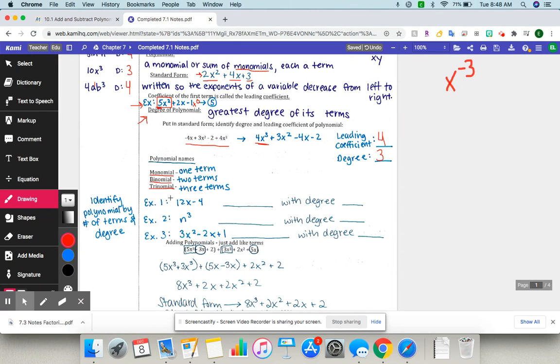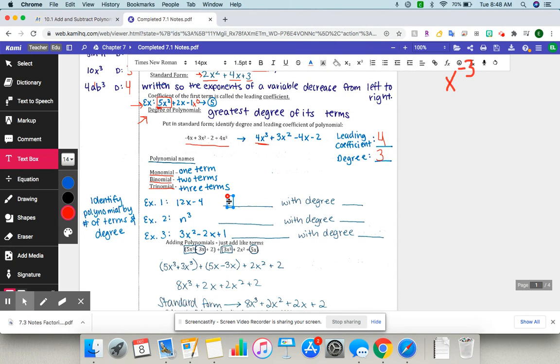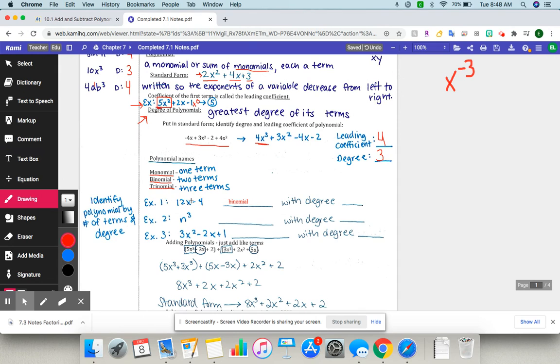So we can identify each of these three examples by the number of terms, so either a monomial, binomial, or trinomial, and its degree. So in example 1, 12x minus 4, notice there are two terms, 12x and negative 4. So two terms means this is a binomial. And the degree would be 1